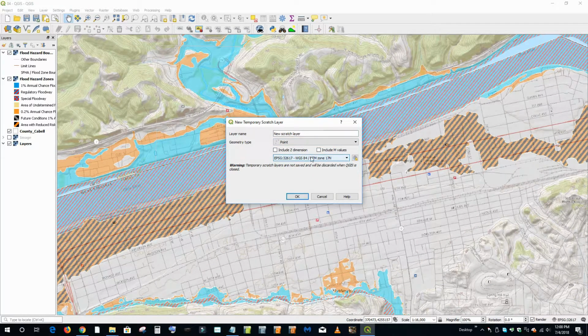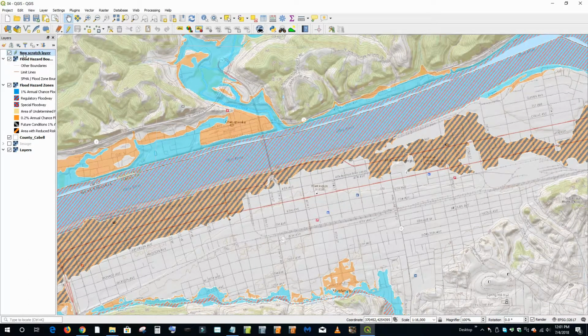And also one of the differences is how it handles the projection. So it looks to me like on QGIS, the projections can be unique to the layer and also unique to the project. So in this case, I want these points to print off decimal degrees at a national level. And so I want it to match basically Google in its functionality, or Google Earth. So we're going to select WGS 84 and hit OK. So now I got a new layer ready to edit,